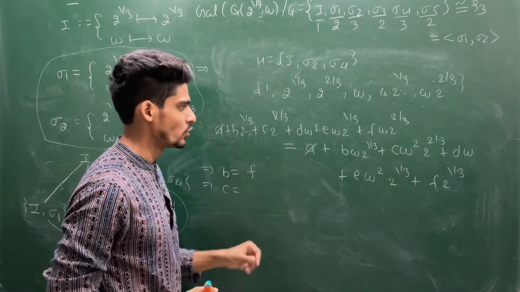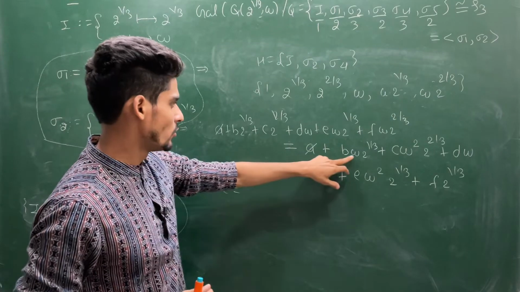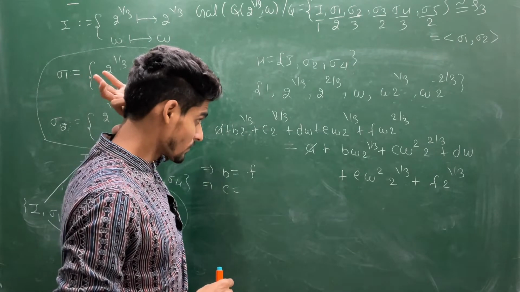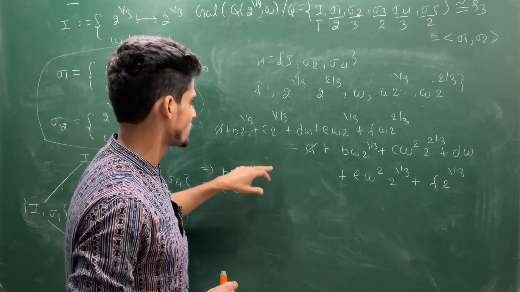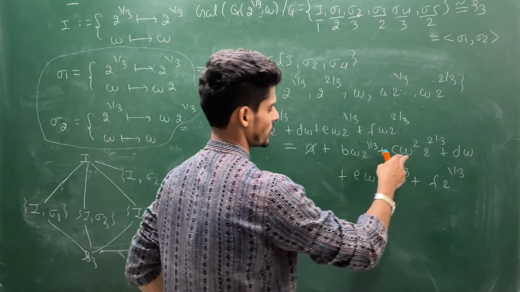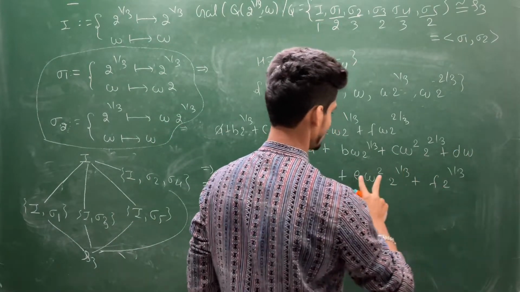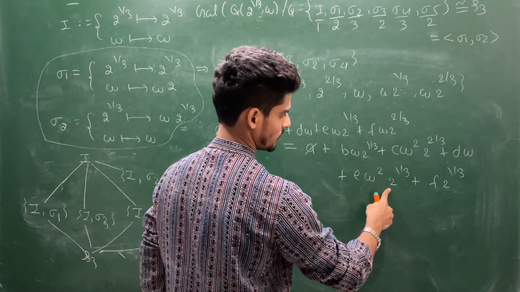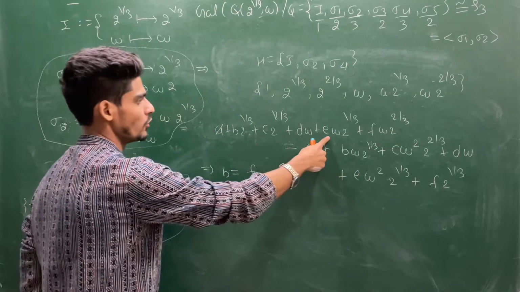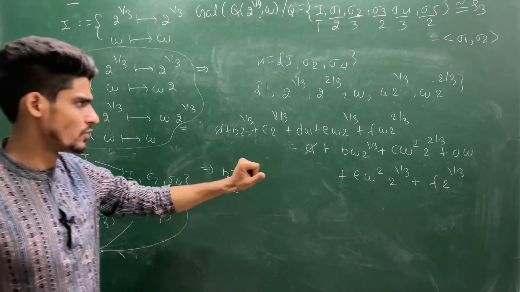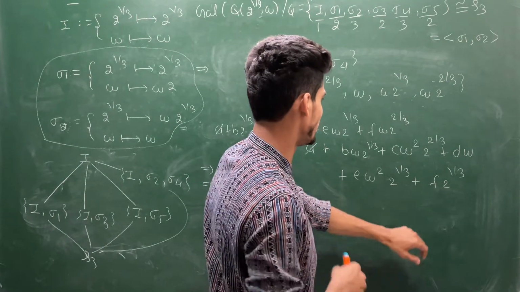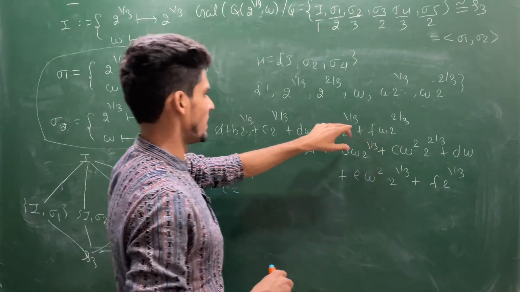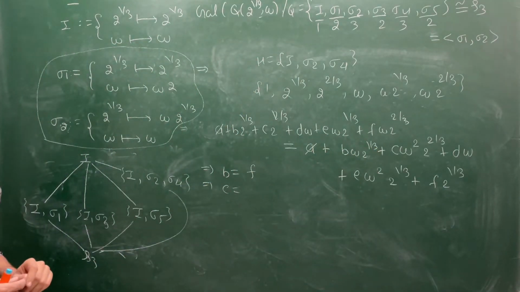Okay, I think no element of 2 power 1 by 3. This is A, B, omega 2 power 1 by 3. Omega square 2 power 2 by 3. Okay, d omega. Okay, I think here I have committed one mistake. E element, E omega 2 power 1 by 3. No, it is also fine. Okay, it is fine too. No, it is not fine. Wait for a while. Sigma F omega 2 power 2 by 3.